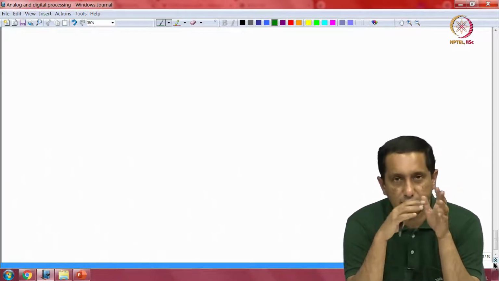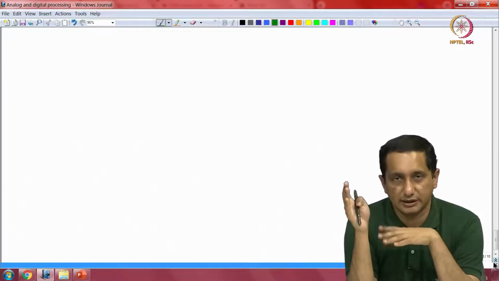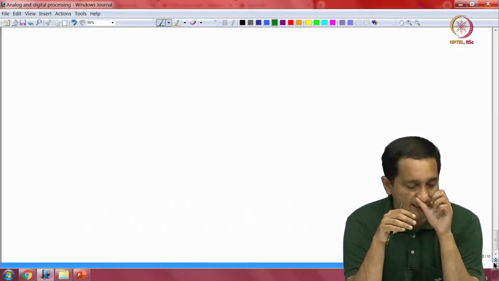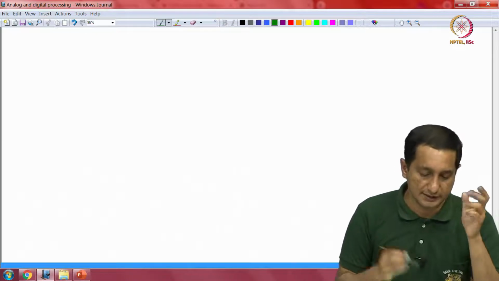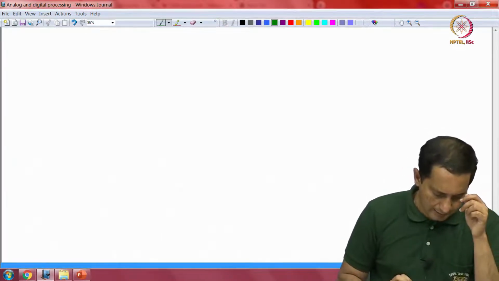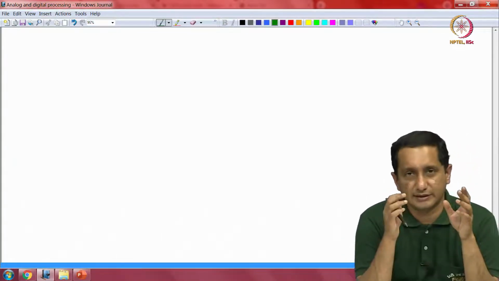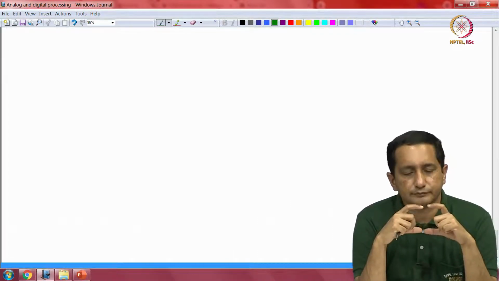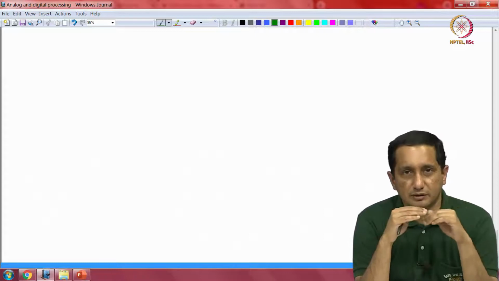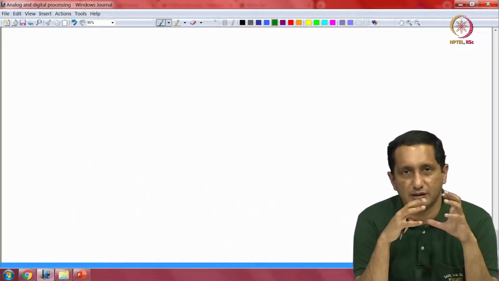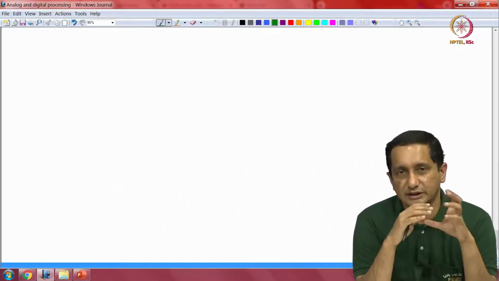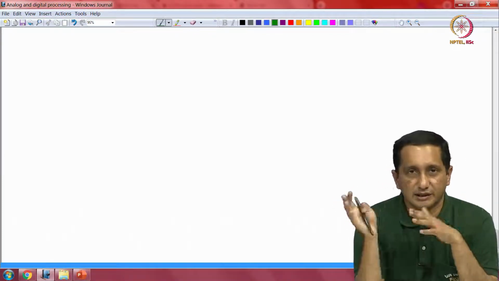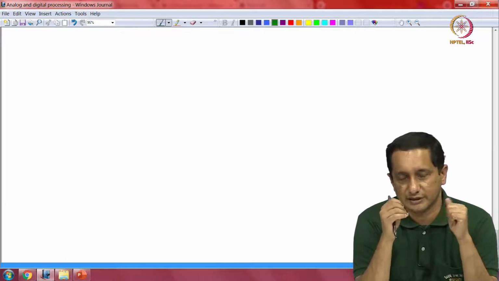So, to highlight the analog digital story further, I think I will highlight this because I thought that was necessary. And it is also to highlight that there are various places in the nervous system where this switch happens. So, the switch happens between what I would say as analog processing, and then it switches on to digital kind of processing, and it switches back and forth at various levels.